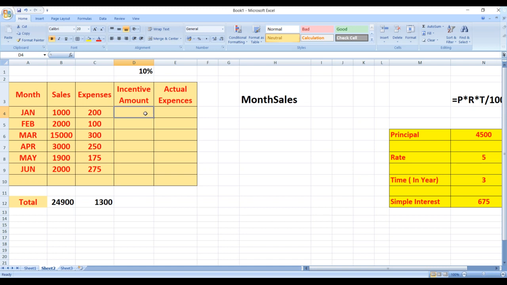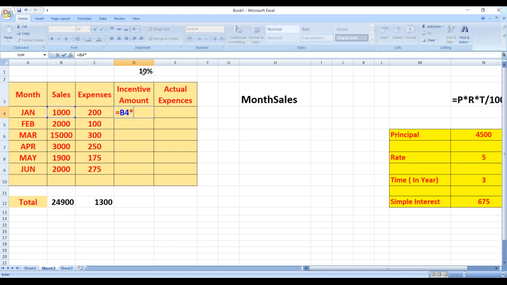So how to calculate that? I'll make it equals to the cell address of the month, January month, then multiplied by D1. Now I don't want to change this value because the incentive for the sales for the month of January I want to keep the same.